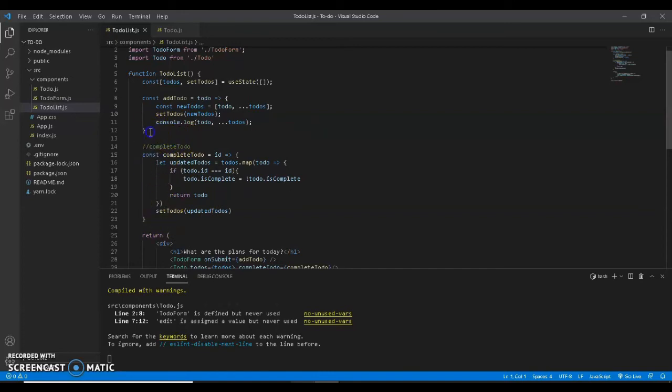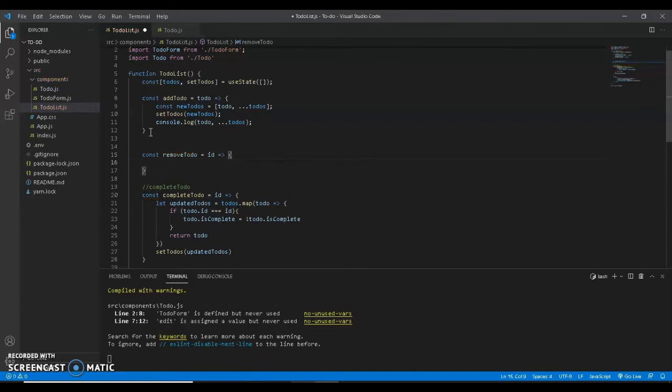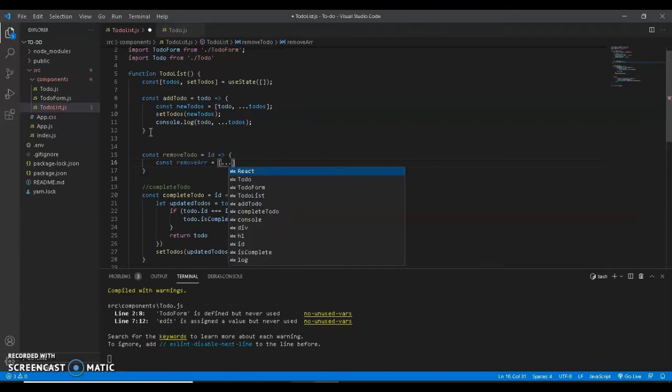So we have to code in here, in between these two things. So we will go with const removeTodo. In case the removeTodo is to work, to delete that todo, we have to code this one as equals to id, and it goes to here, and then I have to again write const removeArr. removeArr is equals to, it will remove the todo which has been added from the array. So from all the todos